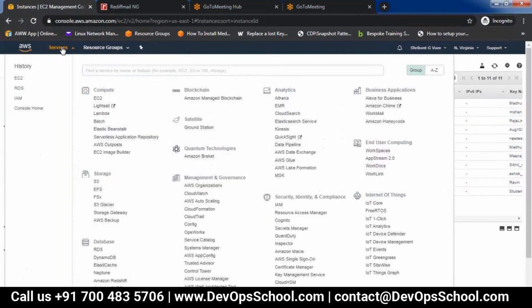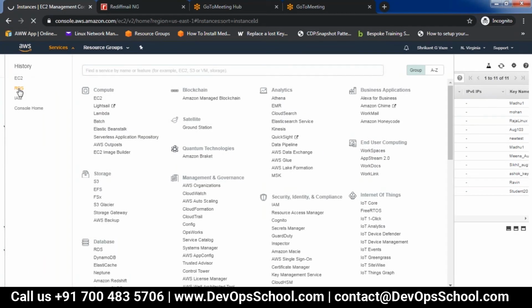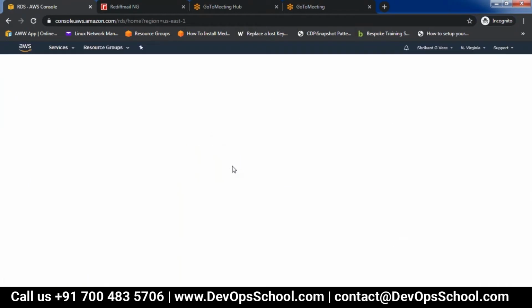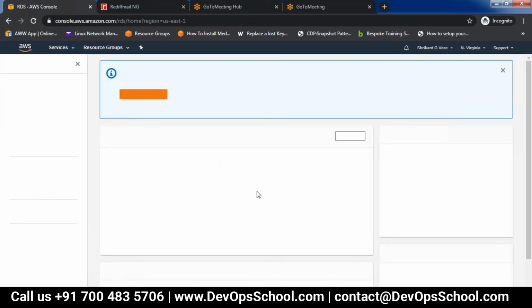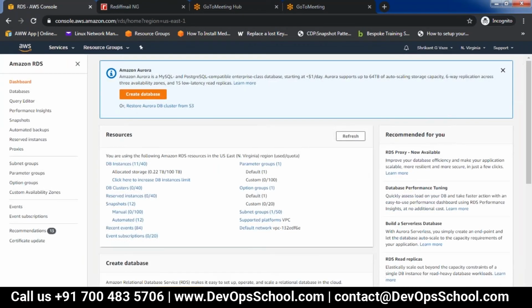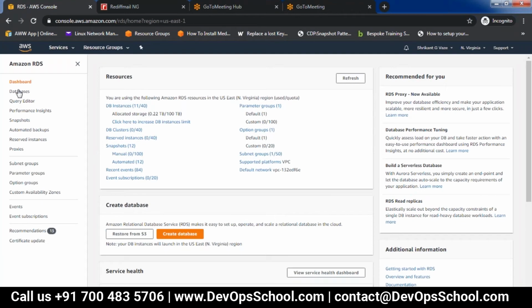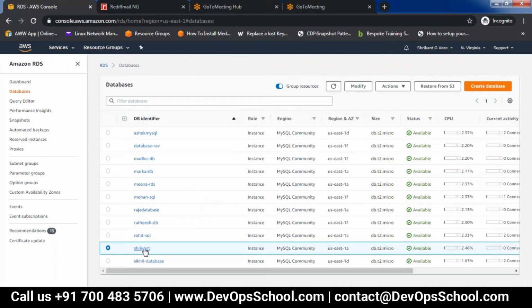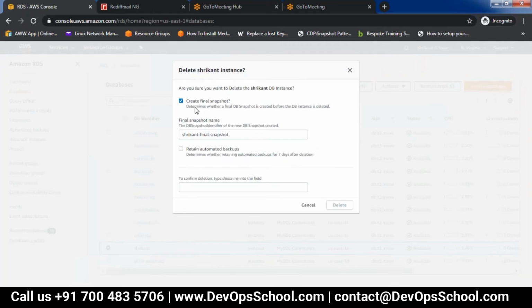Okay, so once you are done with the exercise, you can go to the DB instance and delete it. Once you select it, go to actions and delete it. While deleting, it will ask whether you want to delete the database instance and create a final snapshot.